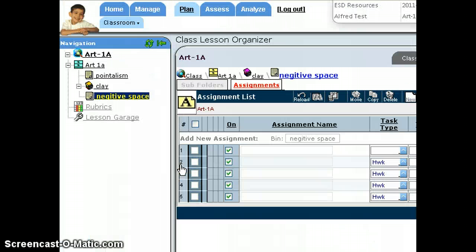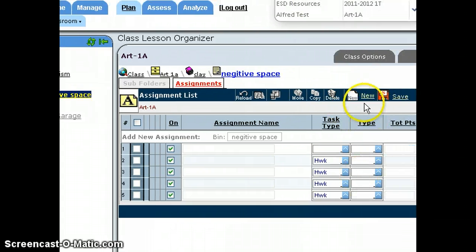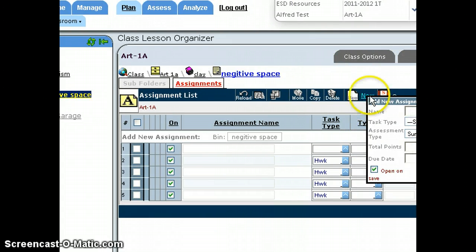So I'm teaching an art class here right now, and what I'm going to do is set up an assignment within my folder system, folder layout. And very simple to do. What I'll do is I'll come over here and click on New, which will launch a window that prompts me